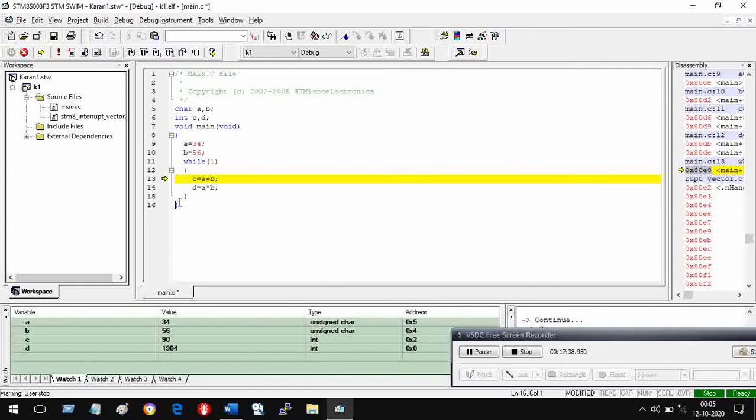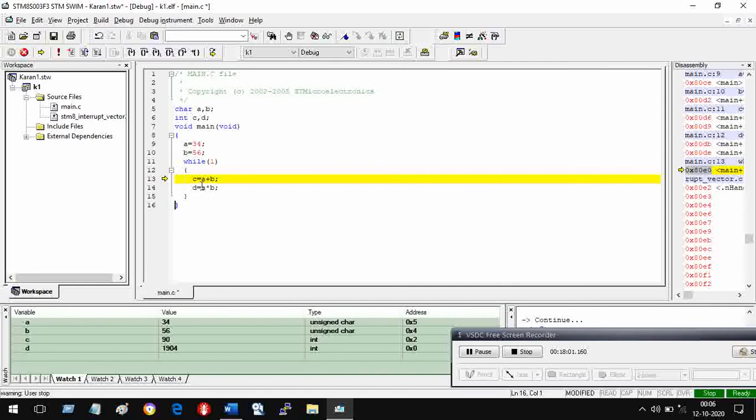So what does this mean? This means that it will assign 34 to A. When you run it, it will assign 34 to A, 56 to B, and then it will assign C is equal to A plus B, and this, and it will keep doing it. So it doesn't make sense. You are not changing the value every time you run through this loop. So let us change it also.